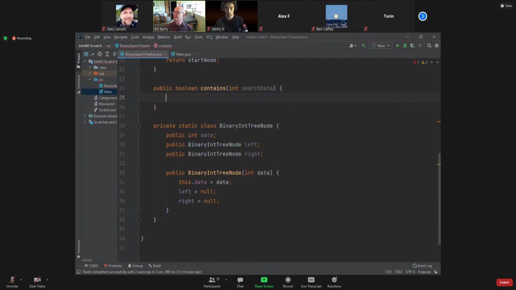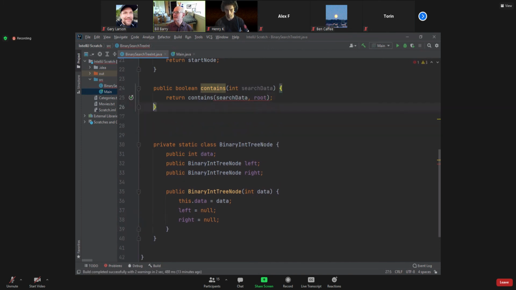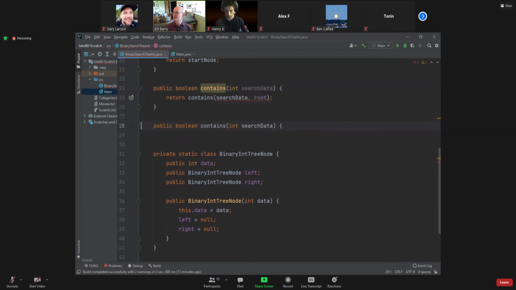Again, public front end for these things typically, and that's going to call the recursive one, and that's going to call return contains, and we're going to pass along the search data, and we're going to start at the root, right? And then we know that the private one is going to be very similar to this, except it's going to have